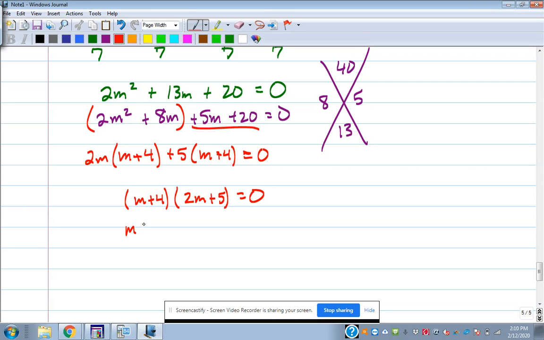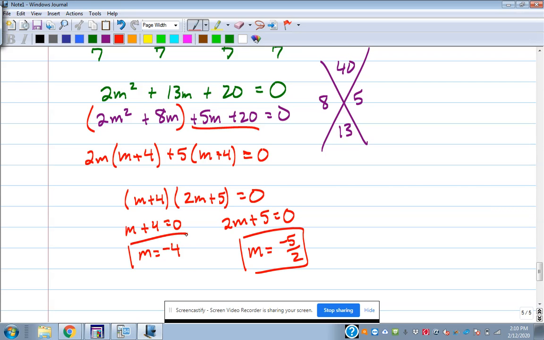So m plus 4 equals 0. We get m equals negative 4. 2m plus 5 equals 0. Negative 5 over 2. Get those solutions out of that. So solving by factoring, same stuff we've been doing, just giving you a better chance of getting better at it and improving your skill there. Because when we get into higher degree polynomials very soon, you've got to be able to factor smaller ones to even do those. So getting better at it now is